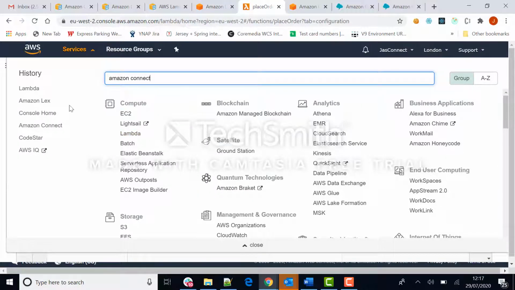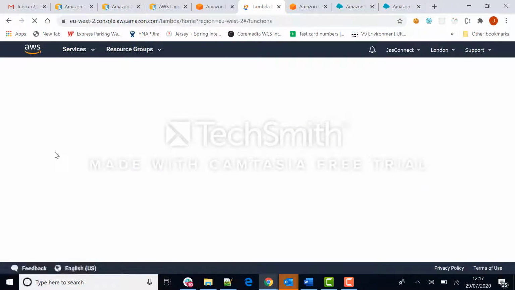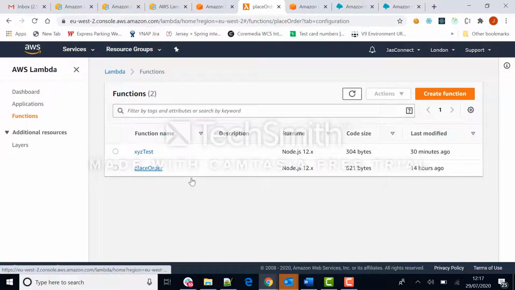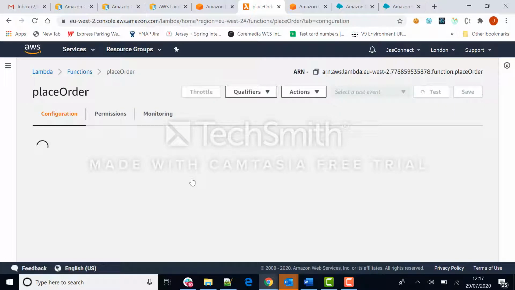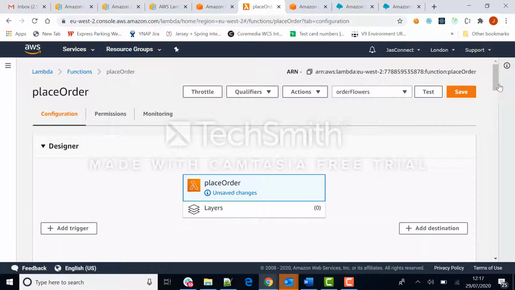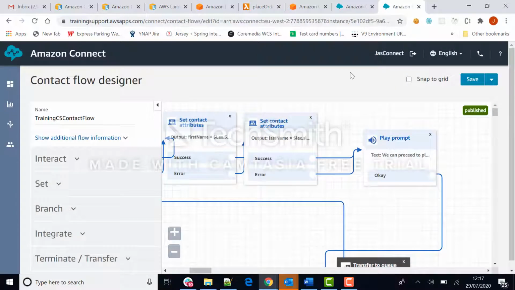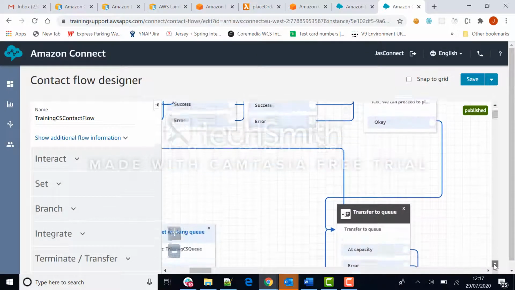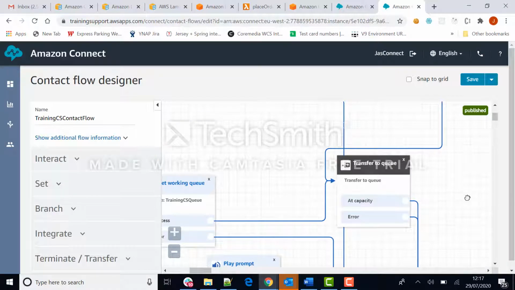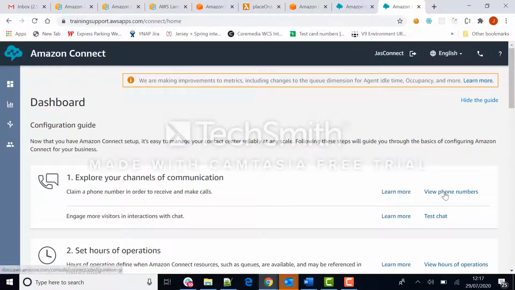So if I go to place order, where is Lambda? If I go to place order and you see my content, it's saying we can find you in our system. That is for the fulfillment hook. So that's how it's all integrated, and there can be much better ways and much better flows. It's just a test flow in order to make you understand how it works. And that's it. I can just make a call, and that's the last bit which I can show you, how it works. So I'll just go to this view phone number